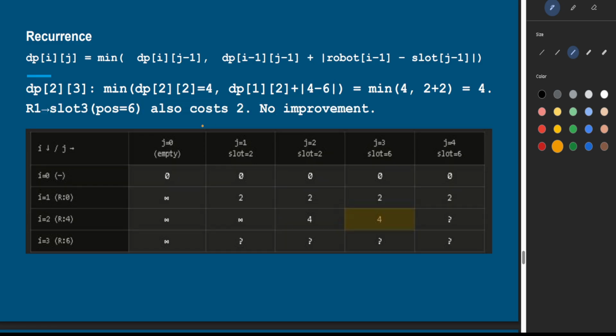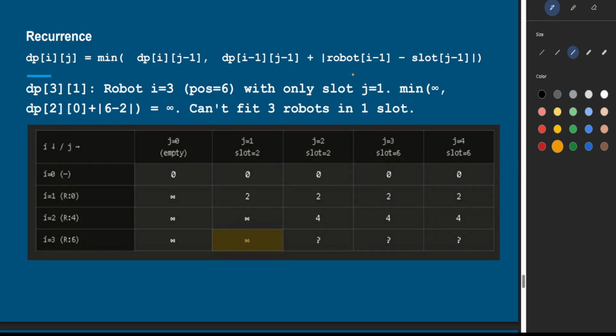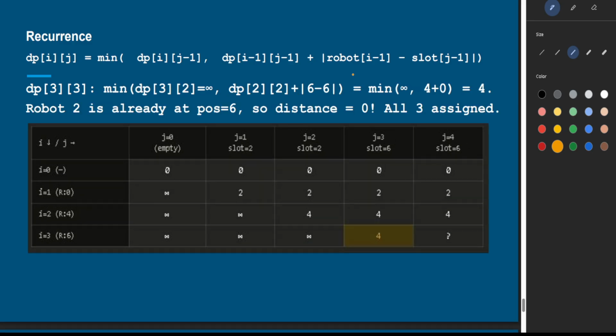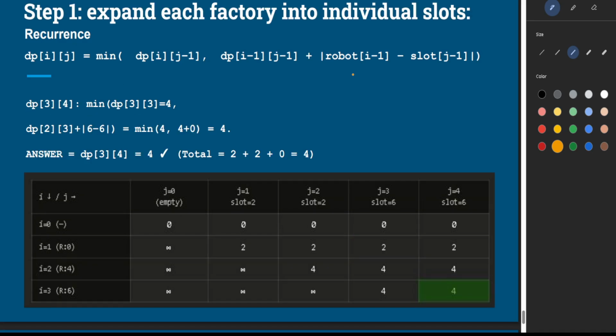Similarly, we'll calculate that no improvement is required, right? Because the cost is already assigned. And for robot 3, we got slot 3 itself, because at the same position we will not calculate anything else, no improvement is needed. So we'll keep assigning the values, and once we reach the last position we will find that dp at 3 4, talking about this one, this value we will assign as